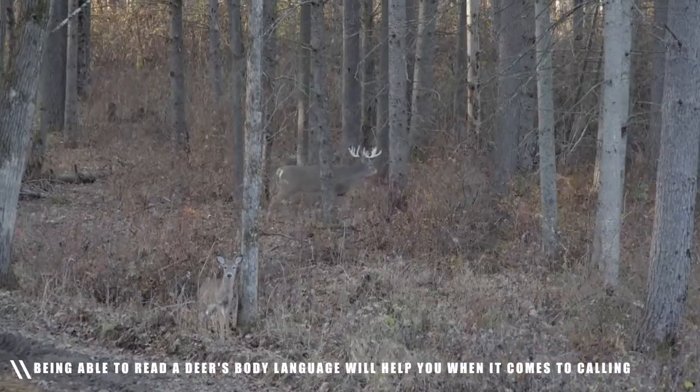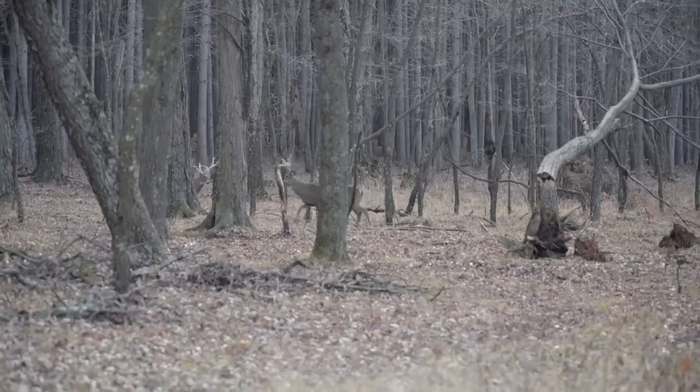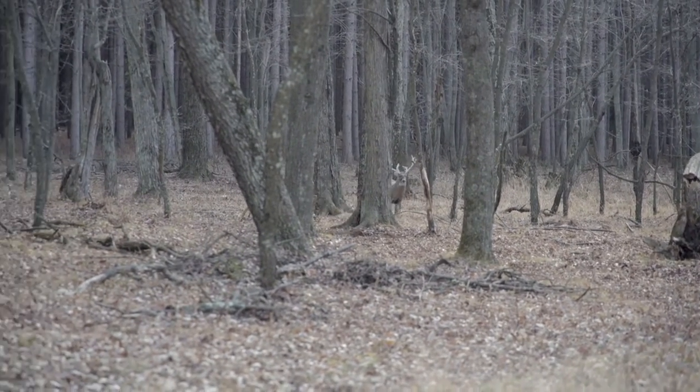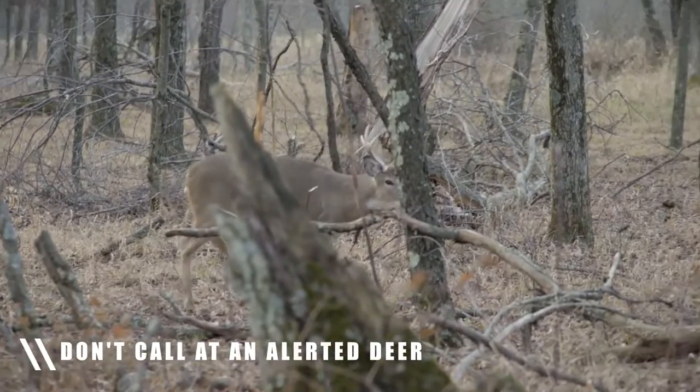And the last tip that I just want to touch on with calling in general is being able to read a deer's body language. So let's just say you have a buck come in and he's working away from you, and you give him a grunt and he looks back and he looks interested. Well, then wait again till he maybe looks away, and then hit him with another call. If you call to a deer and they look like they get alerted, don't keep calling to him, because that's